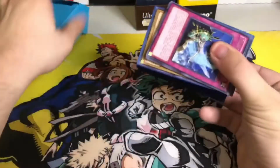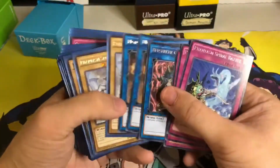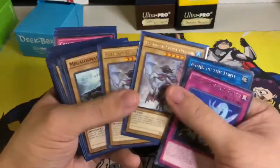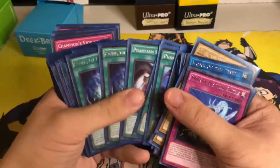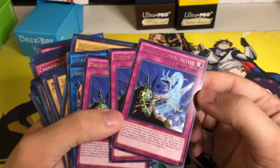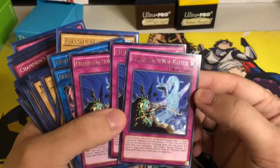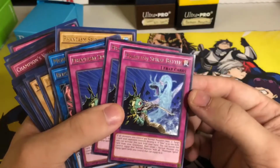Phantasm Spiral. I think I removed the TIGIs from this because I realized that, oh, well, I left them in the extra deck unsleeved here, but I think I removed, or I want to remove, yeah, I did not remove. Funny story about this, I'll come clean. When I looked up all the Phantasm cards and bought them on TCG Player a while ago, before last year,